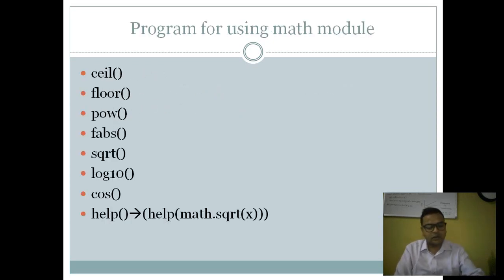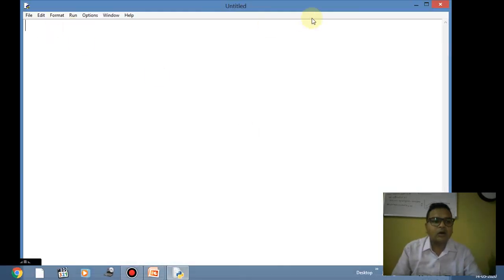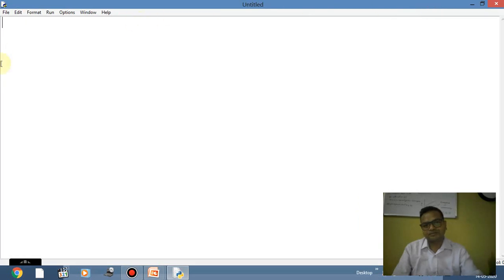So first of all, the first task is how to use a math module. Listen now. There are some keywords, there are some ways. The very first keyword is the import keyword. Import. तो import का मतलब है कि मैं इस मॉड्यूल को अपने इस प्रोग्राम में यूज़ करना चाहूँ.